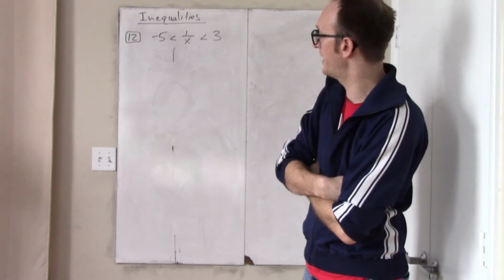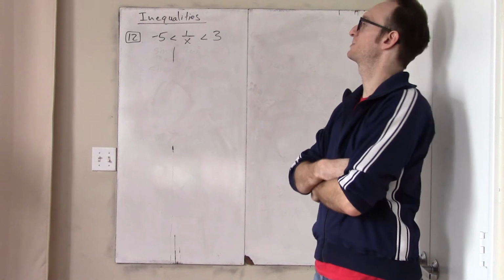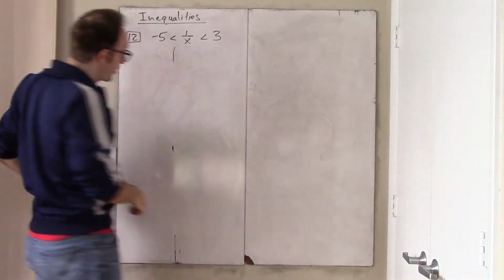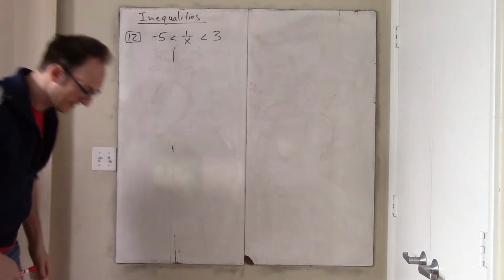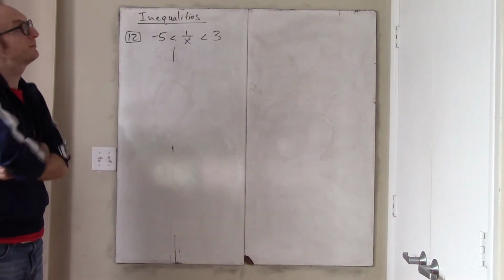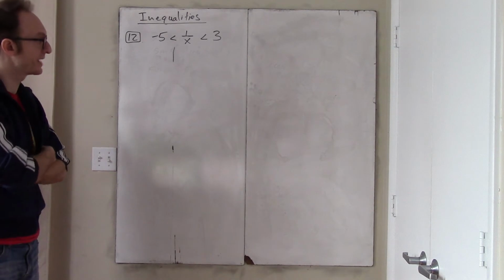Here we go. I want to solve this inequality: 1 over x is between -5 and 3. How are we going to do this? Well, this is a seemingly very simple, innocent problem, but already I am quite perplexed as to what to do next, because